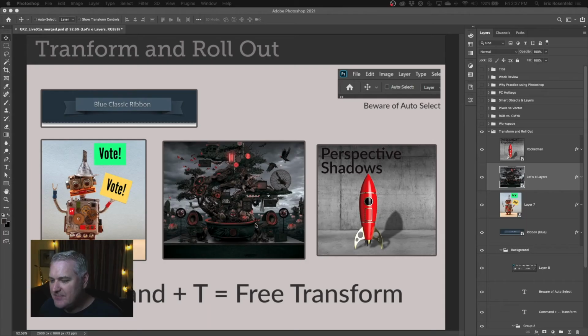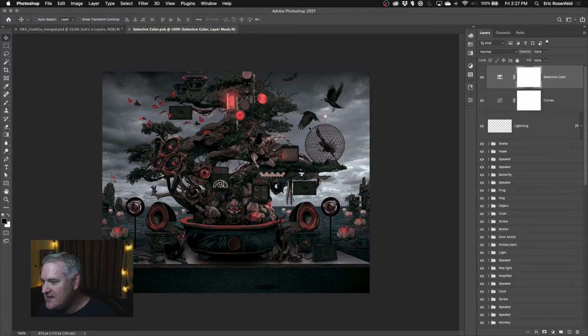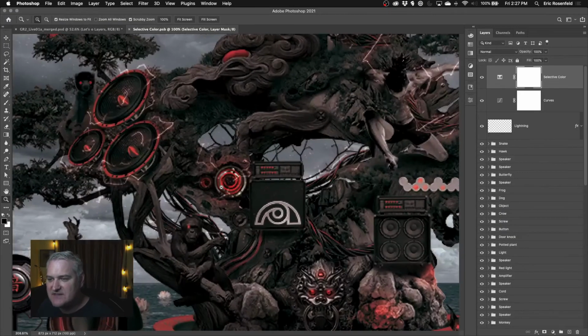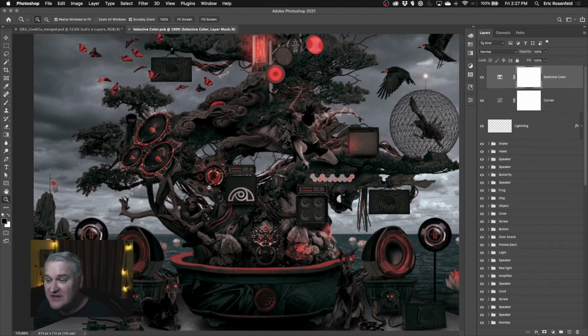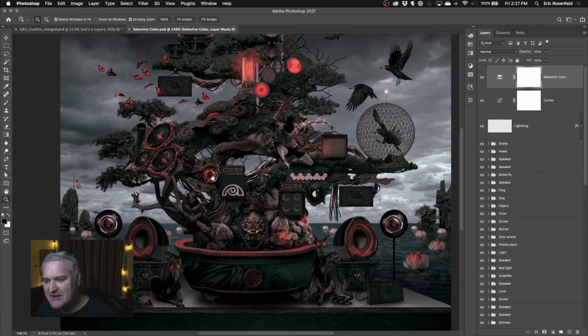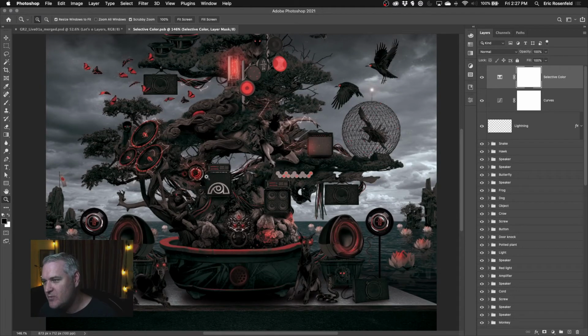For the next example, I'm going to go right here to this lots of layers smart object. And this is a really interesting file because it is really complex. Now, I've downsized it quite a bit because it's really huge. But it's an example of the type of illustration you can do when you have a lot of assets. Some of these things were made by hand, but most of them were stock images. And you can combine these stock images into way more interesting things where the sum is greater than